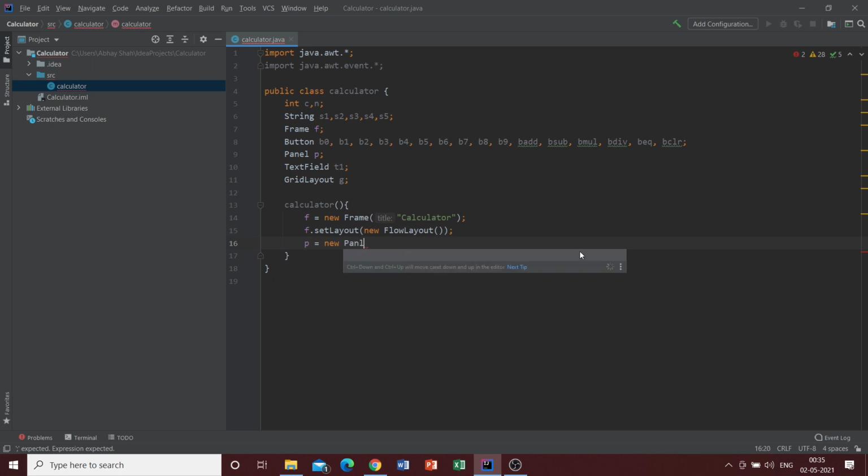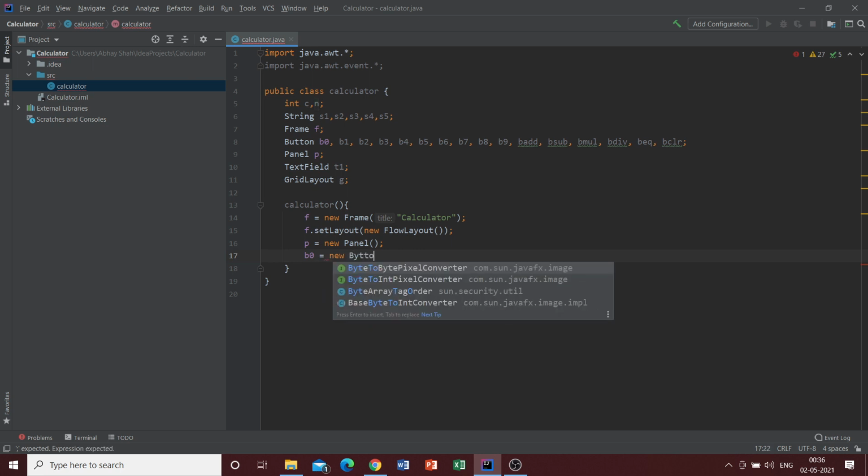write it for the panel. And once we do that, then we need to write all the buttons. We need to add action listeners for all those buttons, and we need to add those. So what we do is b0 equal to new button,